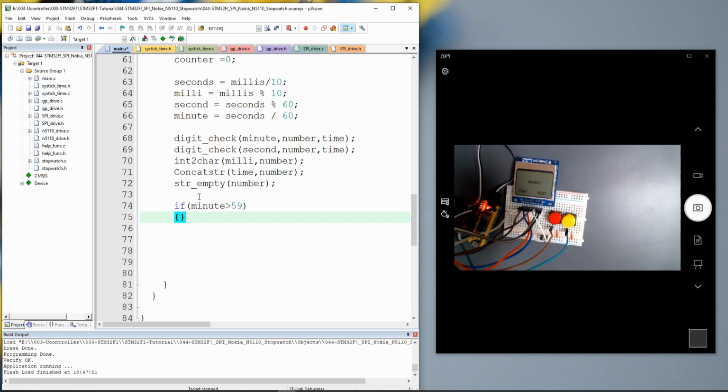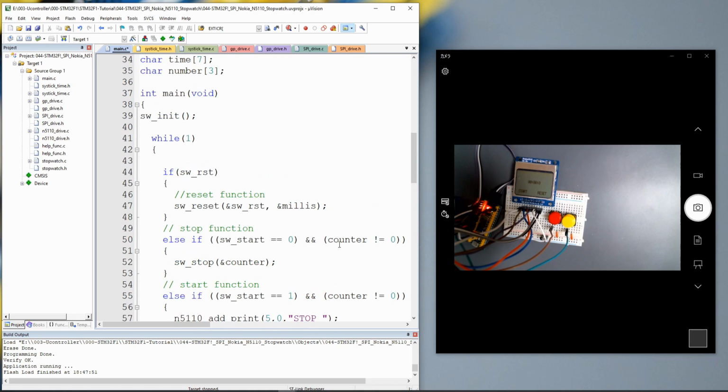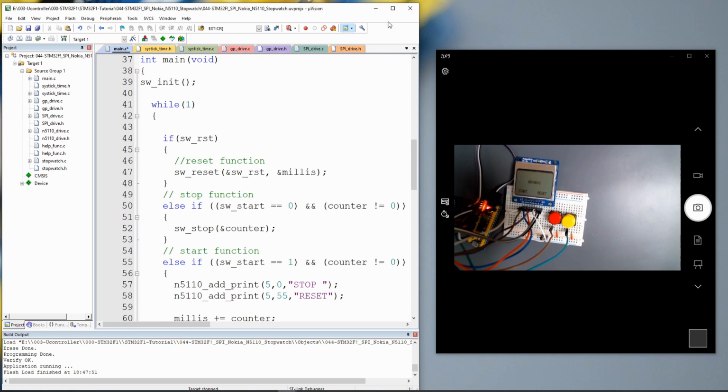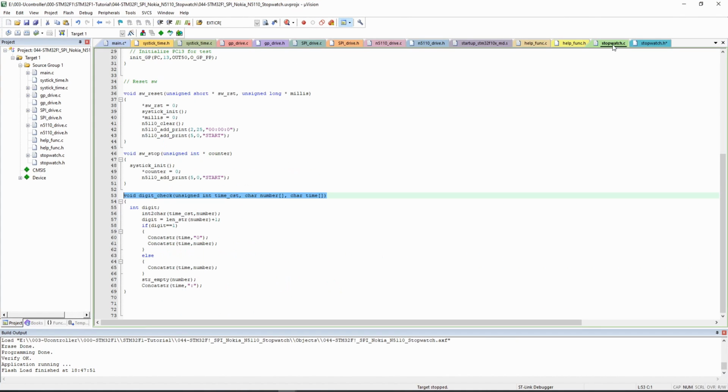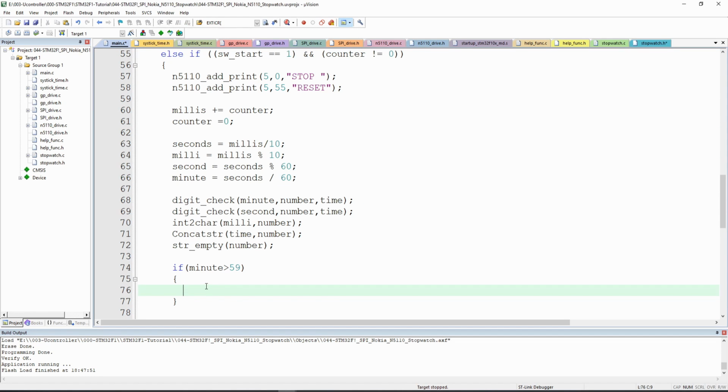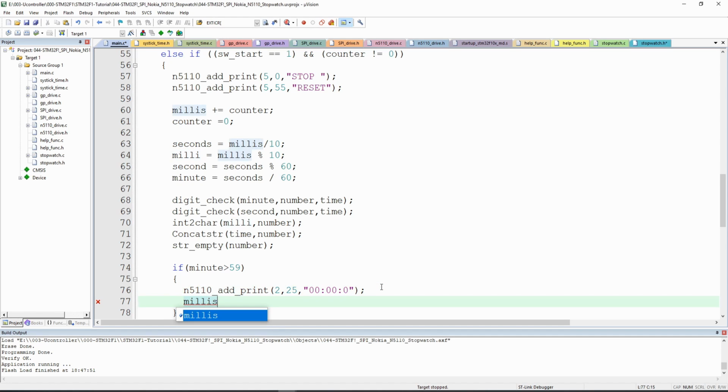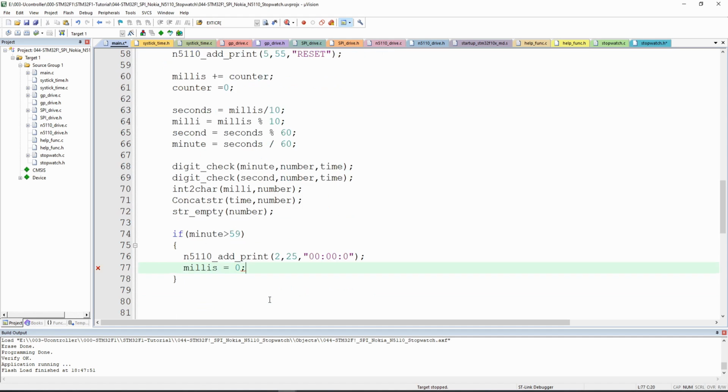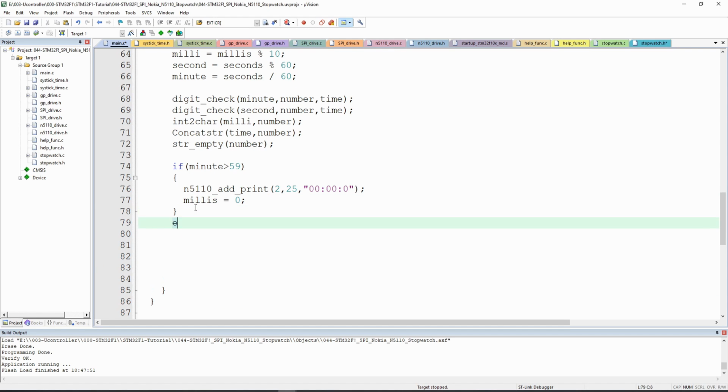Okay, so the condition that we are going to put is this. We just copy the reset. Let's make it bigger. We go here and we just take the reset and we put the reset. Even if we are not really going to reset it, we have to come back to 0 and put millis equal to 0. So even when we count, we go back to 0 again. Okay, else